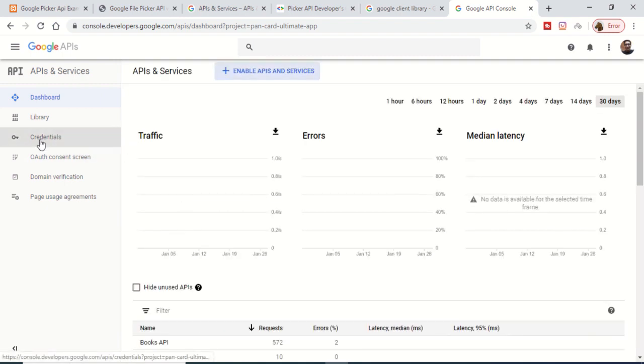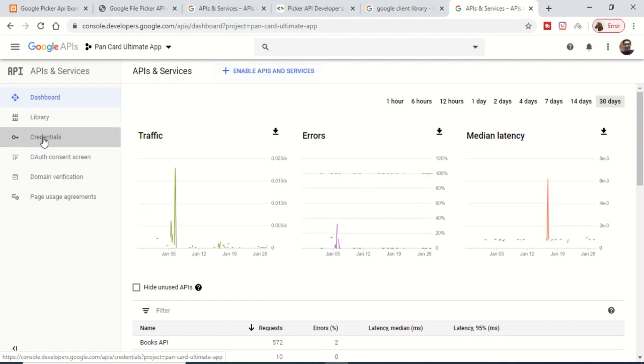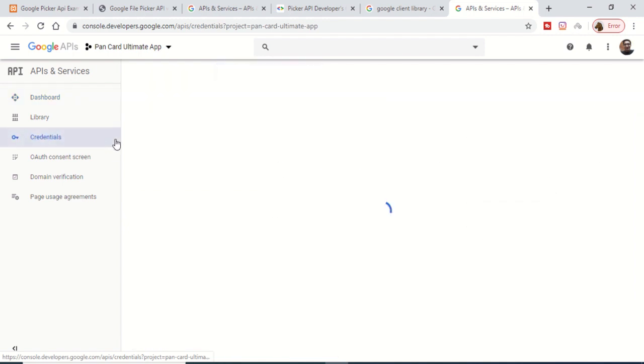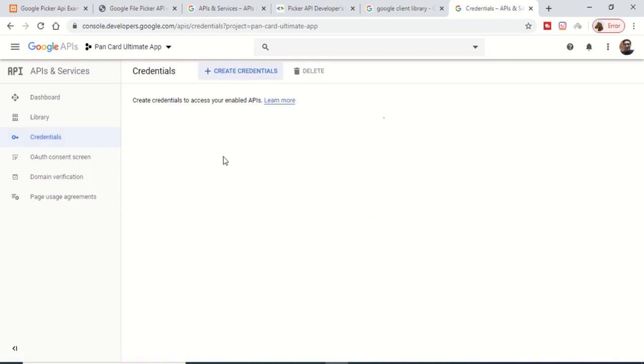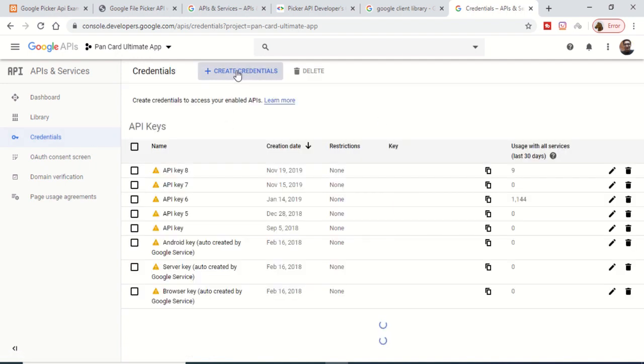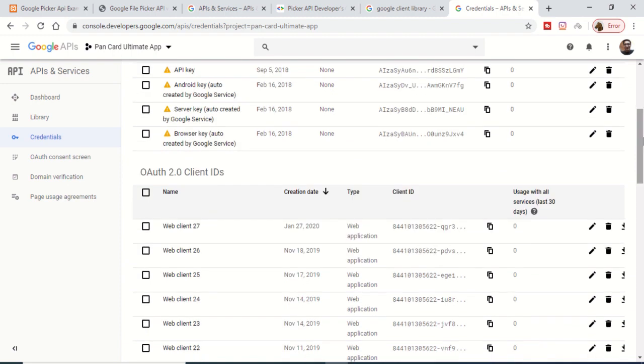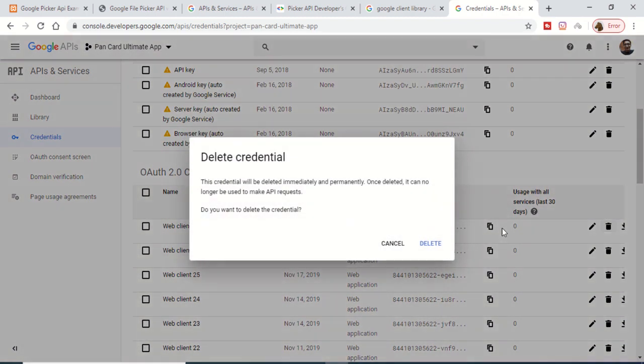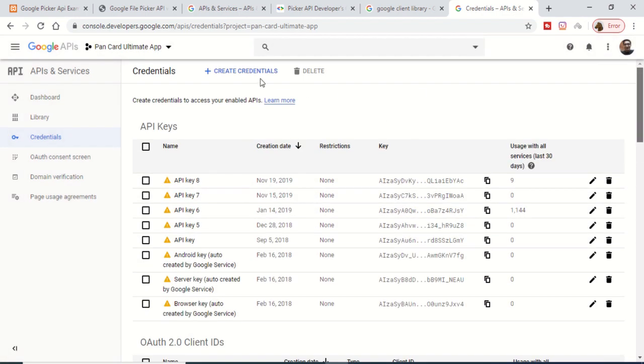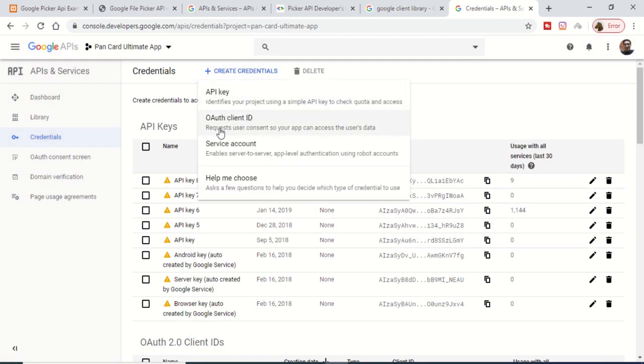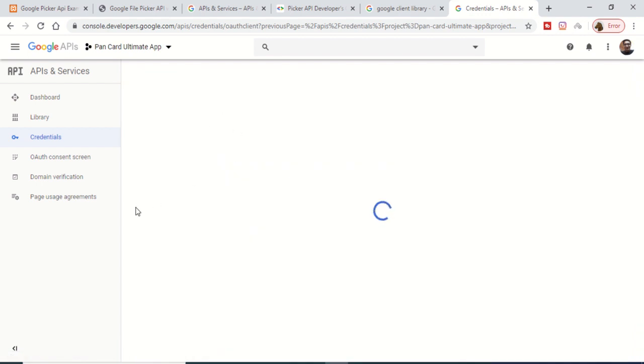First of all just select credentials, and we just need to make our client ID. So here just click on the option. Let me just delete this client ID that I already have. Let me just create a brand new client ID, create credentials, and go to OAuth client ID and select this option,